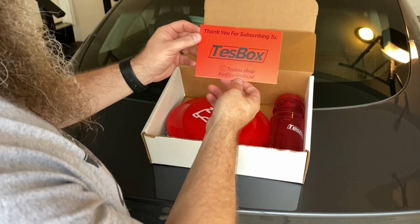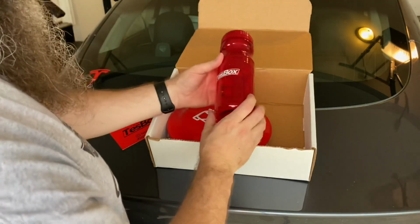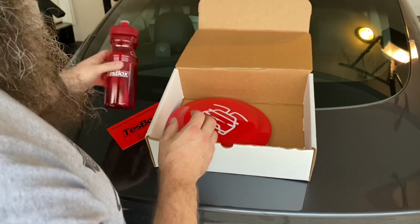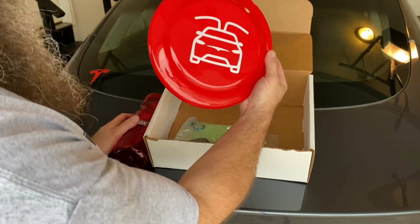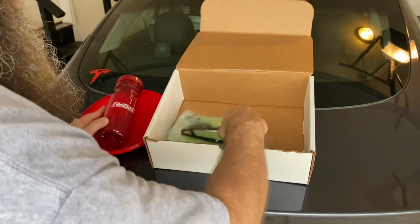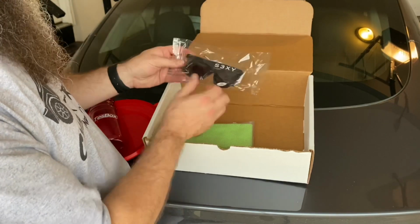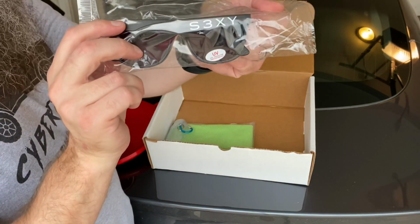So here's your thank you card. Okay, so it looks like a Tesbox logoed water bottle. I do like this, actually. Model X Frisbee. The kids will really like that. All right, so some sunglasses, and hopefully it's going to make me look a little bit more